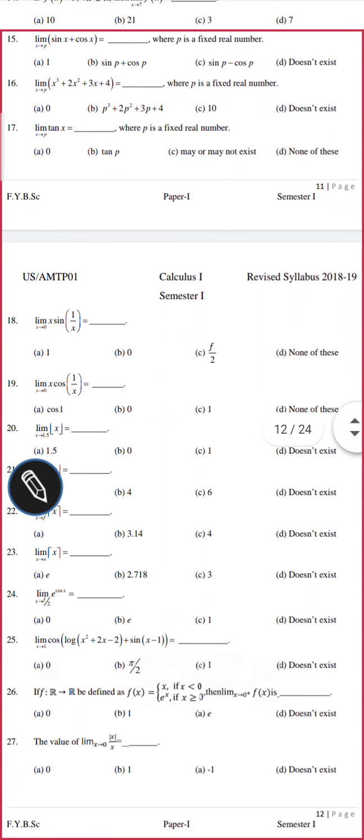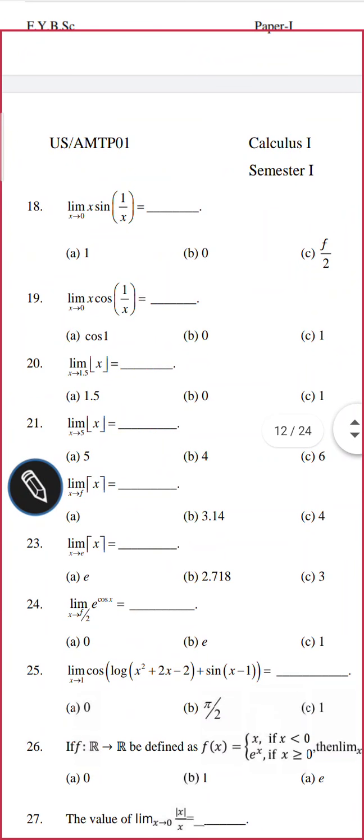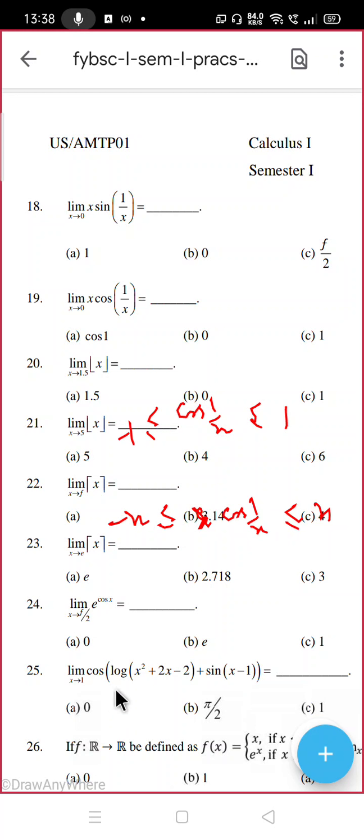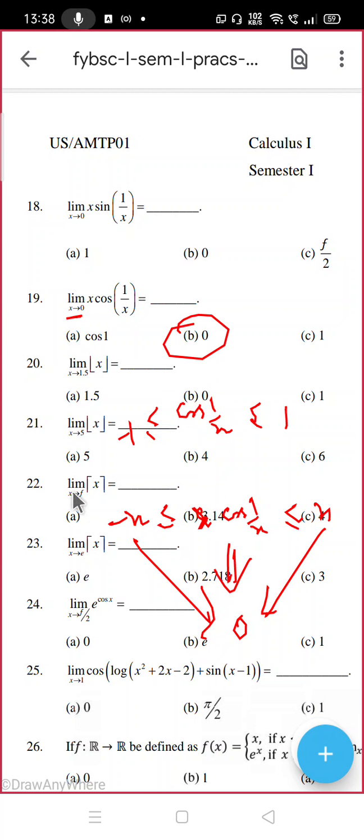हाँ okay, yes, what is the answer? ये सब question देख के answer देखना चाहिए तुमको. Cos क्या है, bounded है ना, so cos of 1/x will be between -1 to 1, correct. But अपने को क्या चाहिए, x से multiply कर दो, so if you multiply, it will be -x is less than x times cos 1/x that is less than x. Do you see sandwich theorem, this guy goes to 0, this guy also goes to 0 when limit x tending to 0 दिया है ना, that's why. So this guy will also go to 0, so answer is B. Correct. Same happens with question number 18, answer is B, agreed.